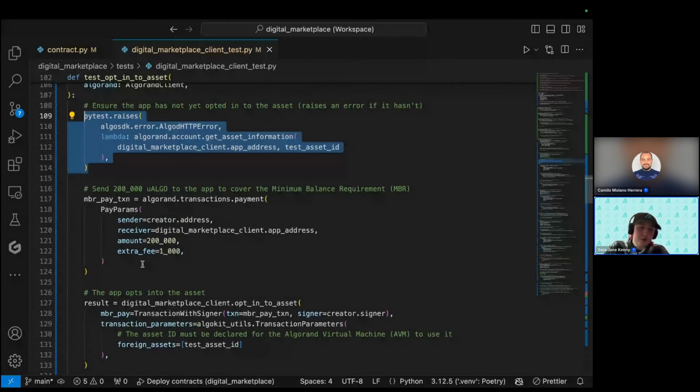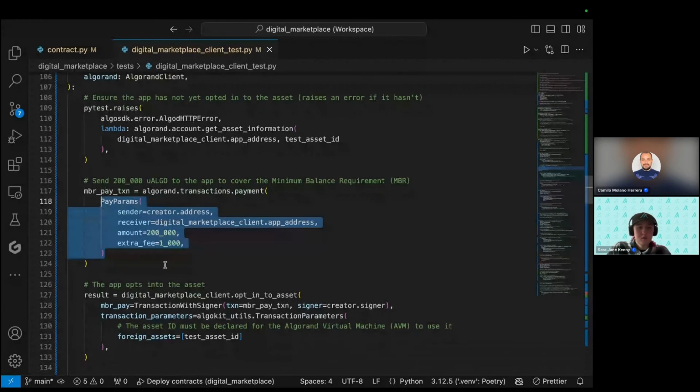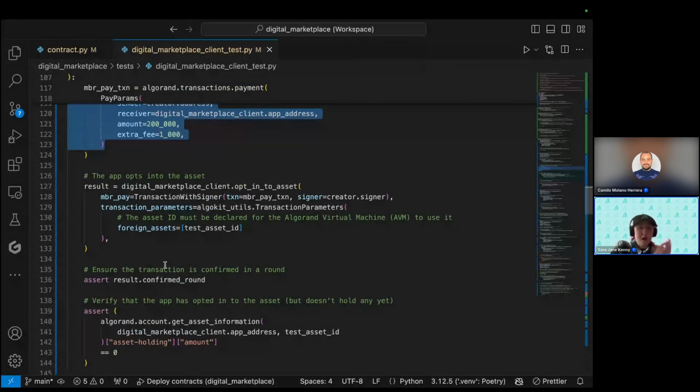Next, we send 200 micro algo to the app to cover the minimum balance requirement. Looks like 200,000, but in reality it is 0.2 algo. And we can see that here. Next, we have the app opt into the asset, as well as the asset ID must be declared for the